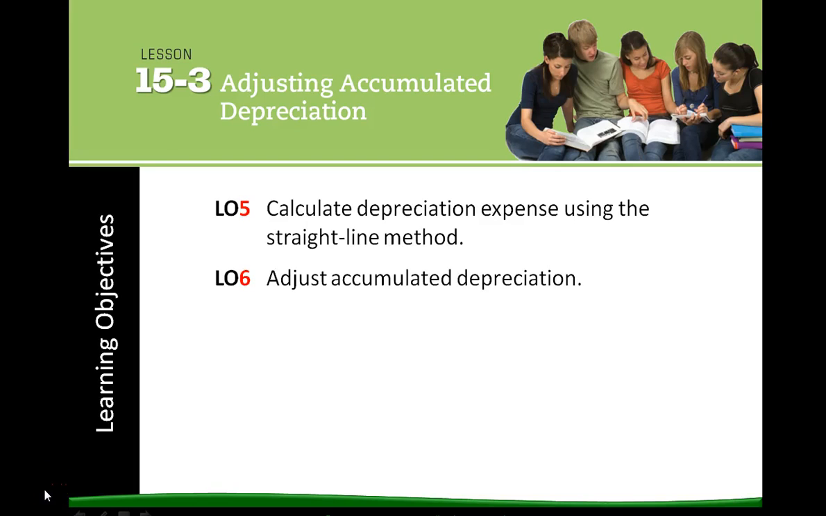All right, we're moving on to lesson 15.3, which is adjusting accumulated depreciation. Most businesses have several broad categories of assets in their operation. Cash and other assets expected to be exchanged for cash or consumed within a year are called current assets. Physical assets that will be used for a number of years in the operation of a business are called plant